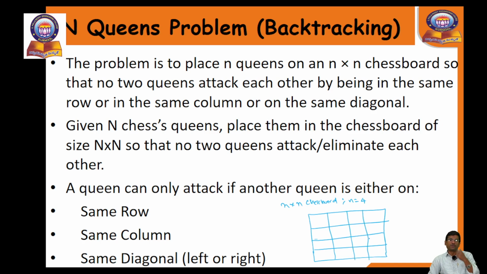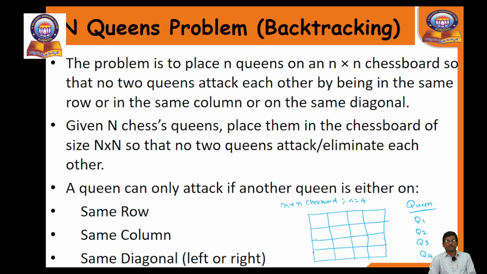This is the 4x4 chessboard, and you are also familiar with the chess coins, that is queen, pawn, and so on. So the queens have to be placed on the n by n chessboard. There are 4 queens, that is q1, q2, q3, and q4. Coming to the 4 queens problem as the initial state to start with,